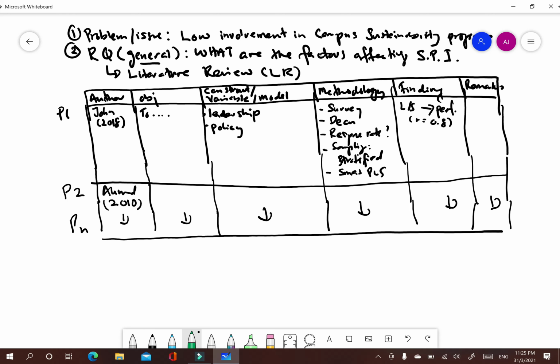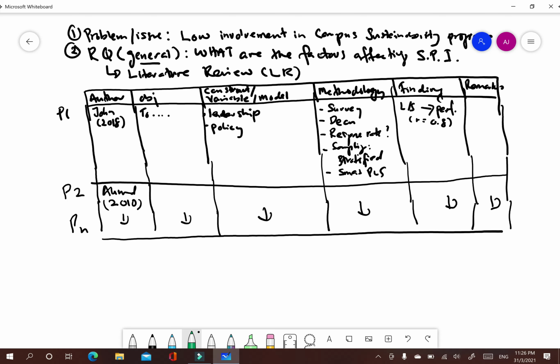Okay, now based on this table, let's say we have read 30 or 40 papers. We have to do some reflection, some evaluation.